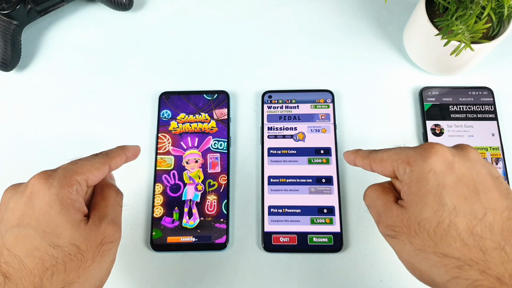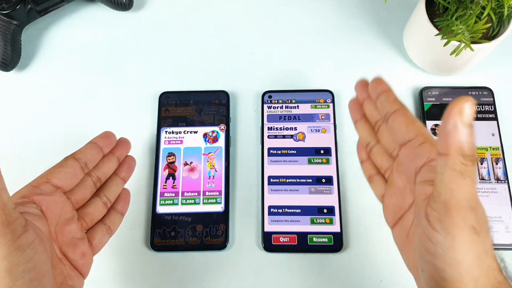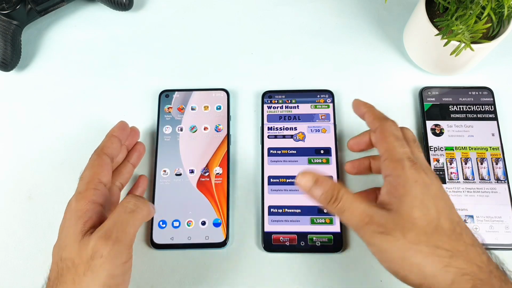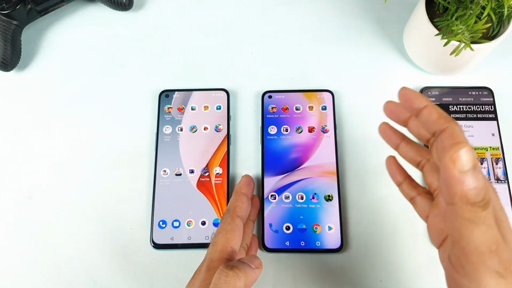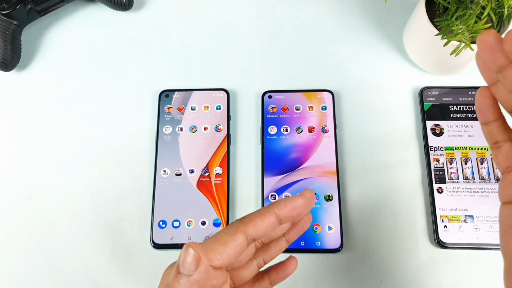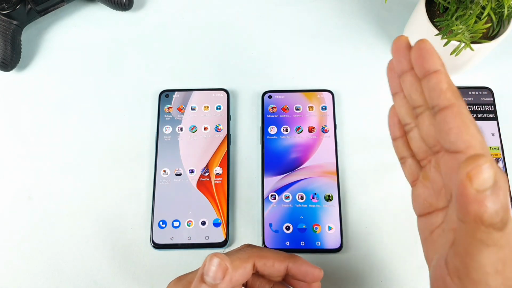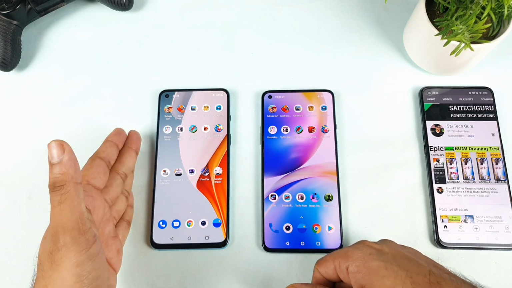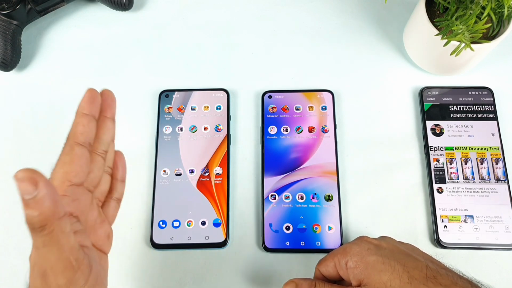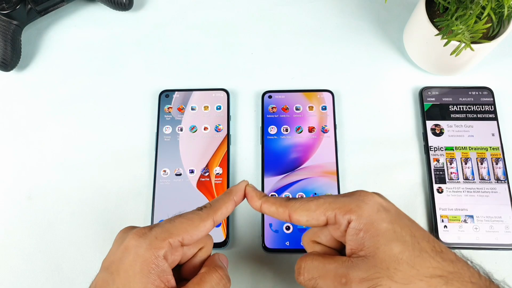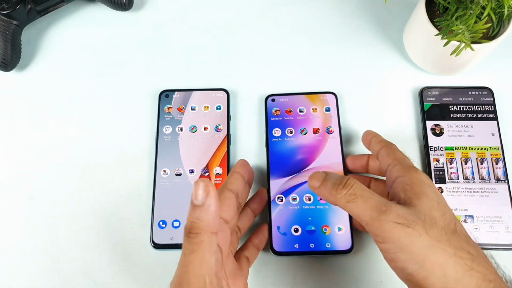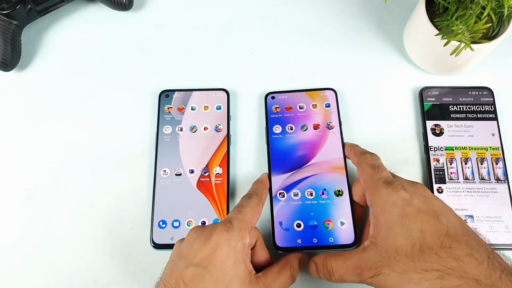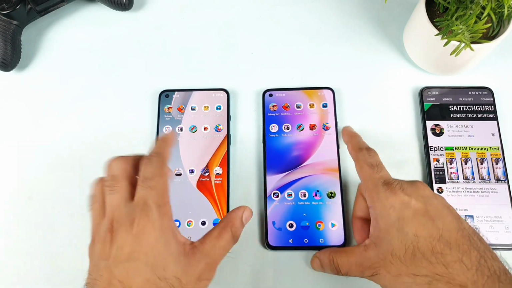You did see the difference. As you can see, friends, exactly how much RAM management difference there is between this phone versus this phone. You can exactly see what is happening. And this OnePlus 8T, it's been a very long time, I think close to 7 to 8 months of usage with this phone. This is a very old phone. And this OnePlus Nord 2 is the latest phone with the Dimensity 1200 and 8GB RAM variant. As you can see the difference in terms of the performance regarding the RAM management. This phone was able to store 10 games out of 10 completely in the background, Snapdragon 865 processor.